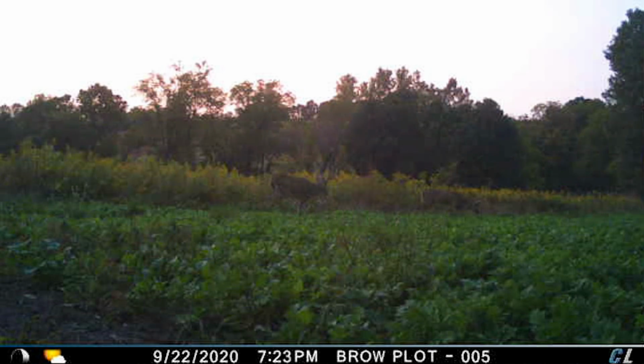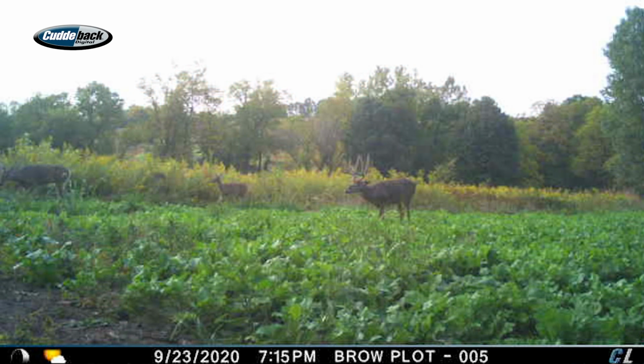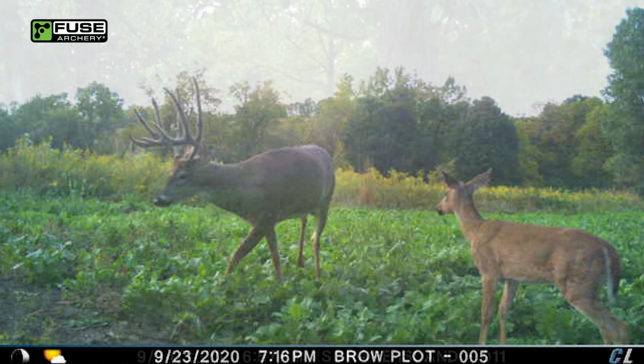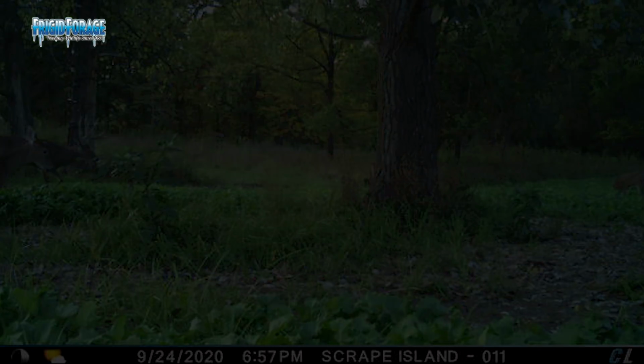He's just a very tall tined 10, and a beautiful buck, one that I would be absolutely thrilled to put my tag on. But where this is interesting is when I deployed that Cuddy Link system last week, I've got him on three cameras in daylight, and very frequently. I gotta think he's bedding right around that food plot,